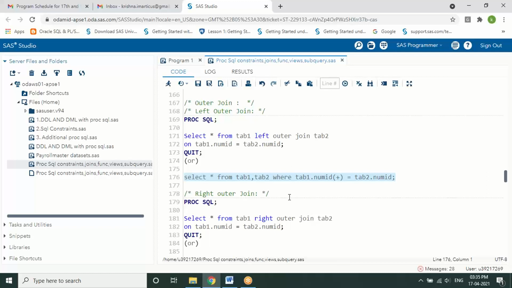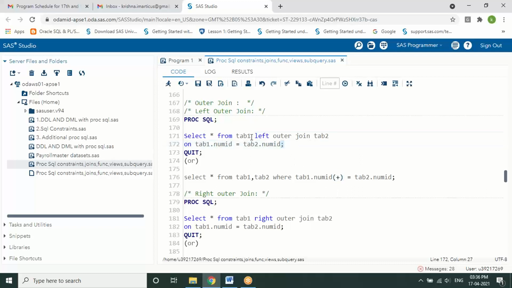Select star from table 1 comma table 2, where table 1 dot common column equals table 2 dot common column, but you use an operator called plus sign along with the table. Then it is considered the left table you are selecting. If you use that plus sign within the parenthesis at the right side, we call it a right outer join. So this is an alternative way of writing the syntax, which will work in a different database.